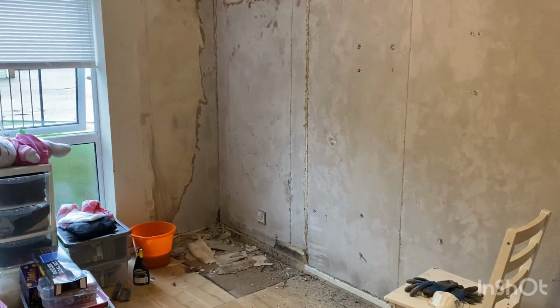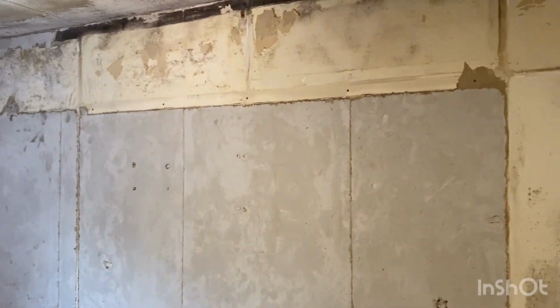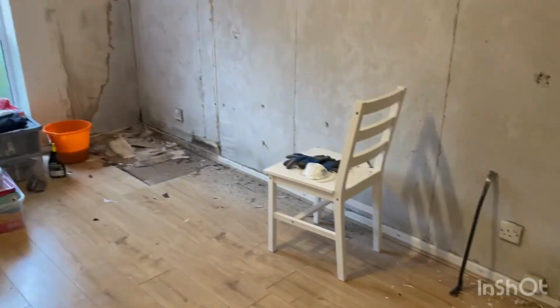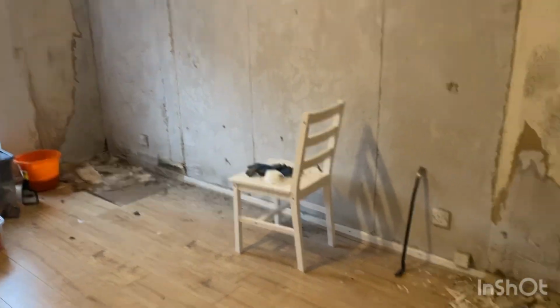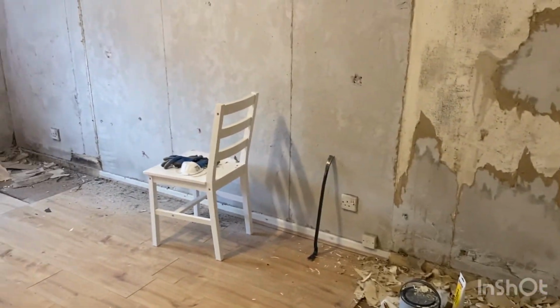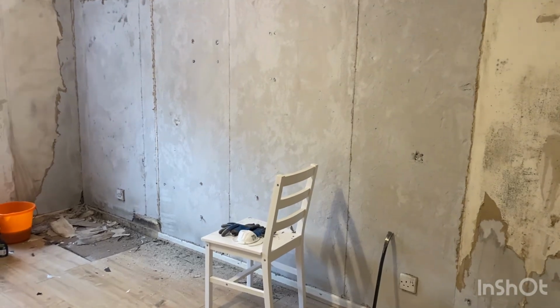Right guys, I'm back again. So not much progress has happened from the last time I showed you the last clip, but I just wanted to show you, because I literally cannot believe the amount of space that is now in this room. It has made this room feel a lot more spacious and more opened up, because these fitted wardrobes, when we used to come in, it did feel quite claustrophobic, I'm going to be honest, especially in this area here,